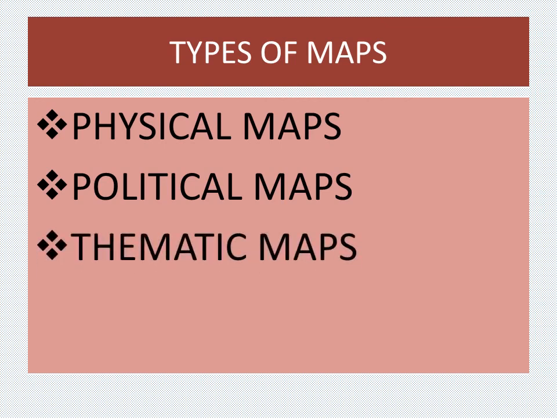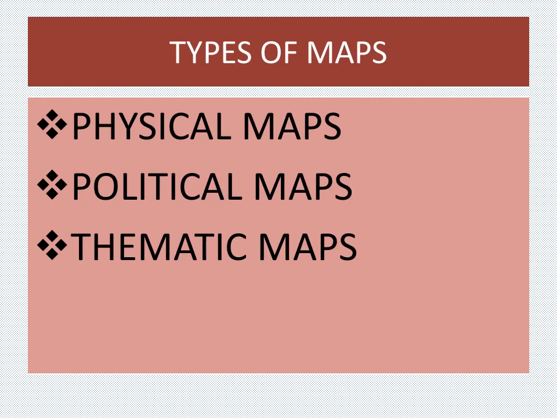And the last one is a thematic map. Now these maps give information about special topics. So thematic maps can be on different topics or themes. And the topics can be about rainfall, about crops, about industries, roads, railways, everything. Okay. So depending on the topic, you can make an entire map. That will be called a thematic map. So these are the 3 different types of maps. You will underline the definitions in your book and you will read them.